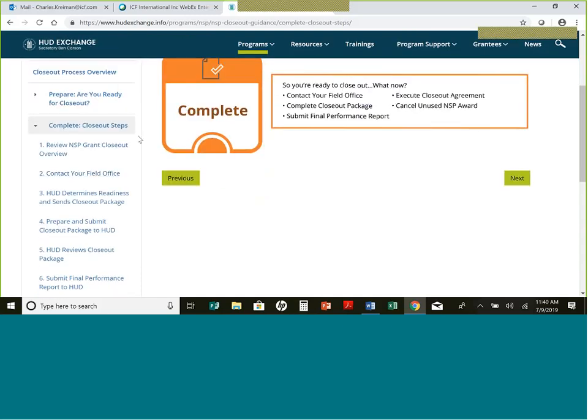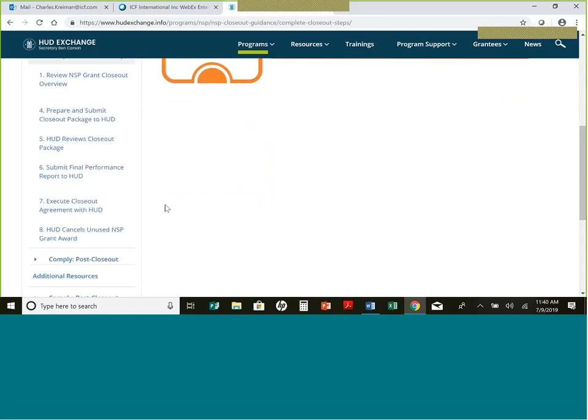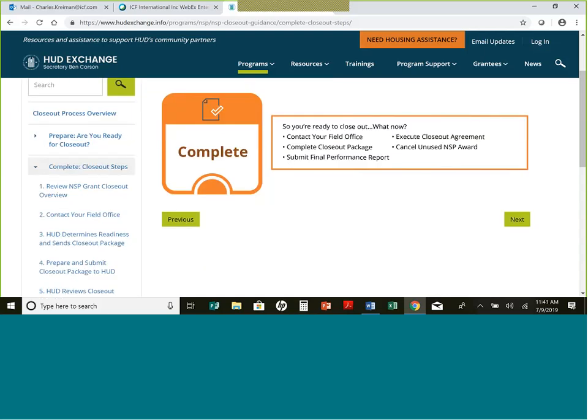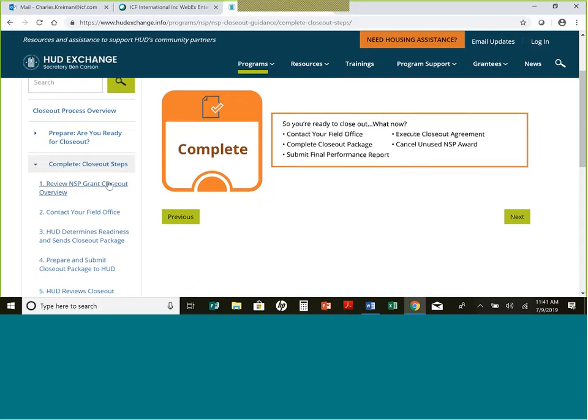All right, so we now have the second section. We're in the complete the process section. This section gives you the resources and sort of walks you through the steps. There's the box at the top that sort of notes that,